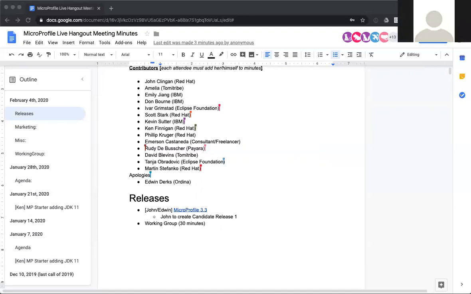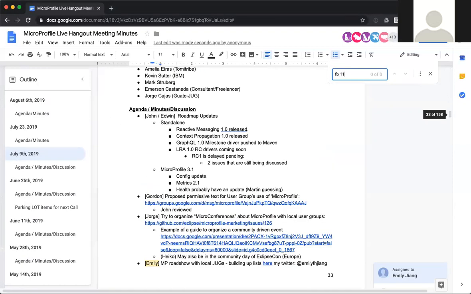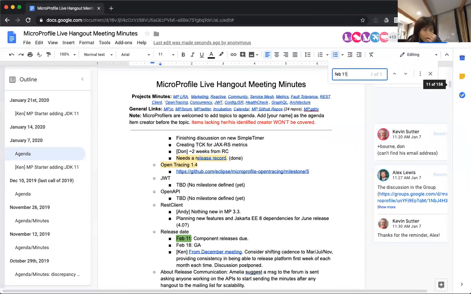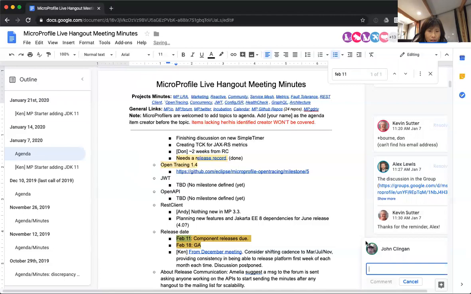We've got a date for internally, it's the 5th, but 11th is okay. 11th and then the 18th. Yes, so if you search for Feb space 11, you'll see that somewhere way down in the notes. Right. Okay. Just before the 11th, if some specs are confident to do final, they can go ahead.